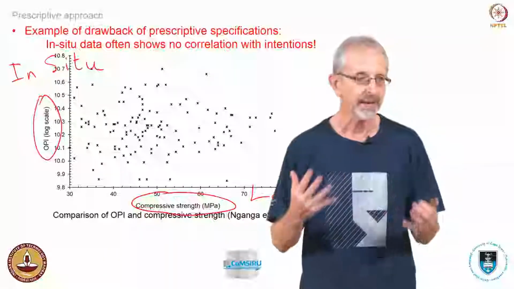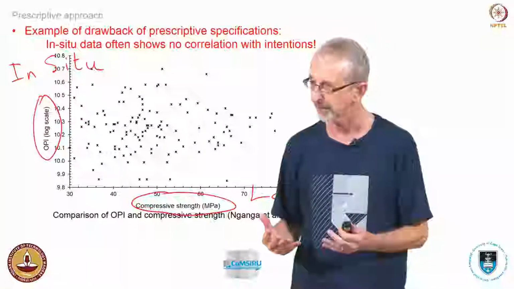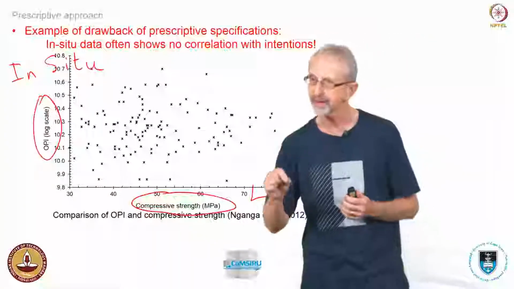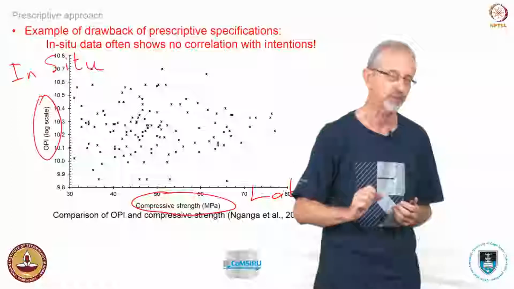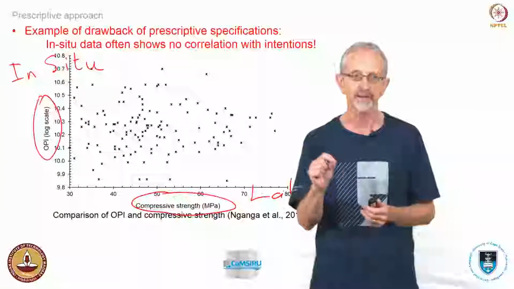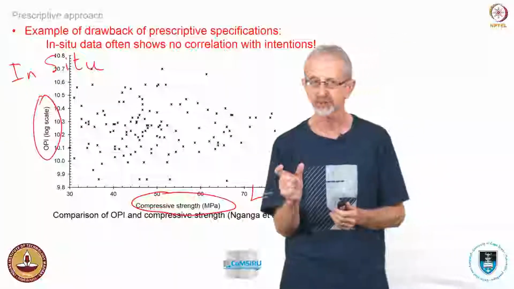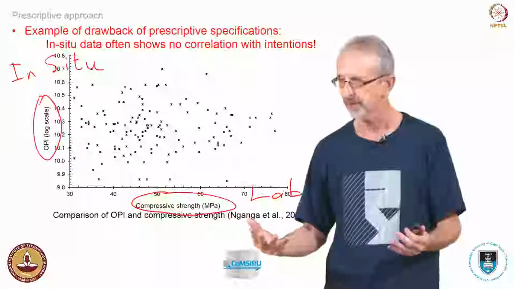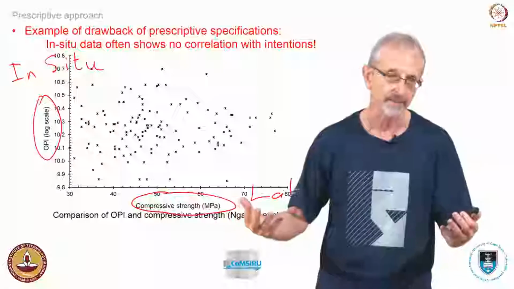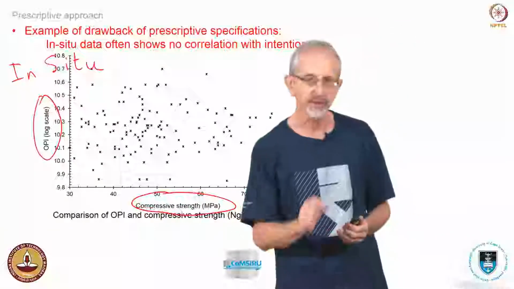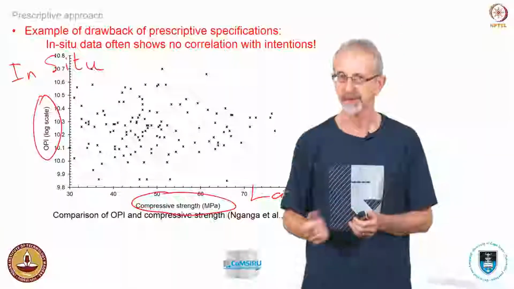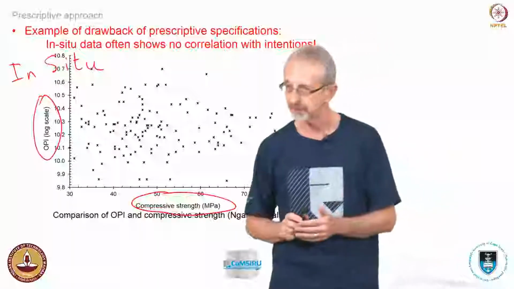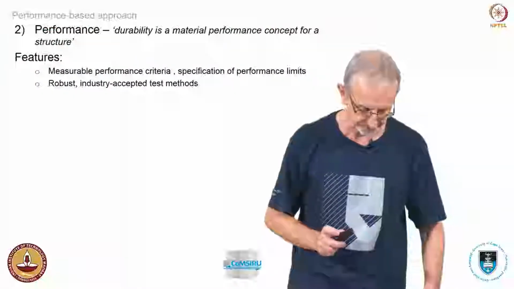Okay, you can kind of get any OPI value for any compressive strength, and it simply indicates that when you start to measure real in situ performance, which is what you can do with OPI, you find that you simply do not get any correlation with, say, strength. And engineers tend to use strength as the parameter by which they control everything else. If you do this work in the lab, you'll get very nice correlations. But go onto site, and this is exactly what happens. This is the problem of verification that I was speaking of earlier.